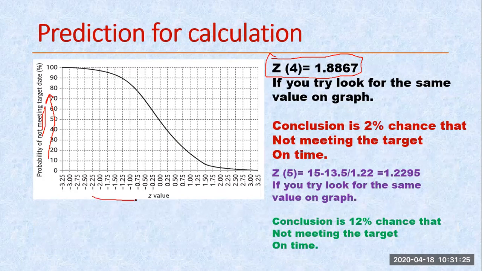And here we are, the Z values are given. So what is my Z value? This is positive 1.8867. So this is 2 and this is 1.75. So 1.8867 is nearby this. So if I draw this way, it becomes nearby 2 or 3%. So that's why we are saying that as per this value, there is a chance of near about 2% that we are not meeting the target. Clear? This is the only meaning of my bar chart.